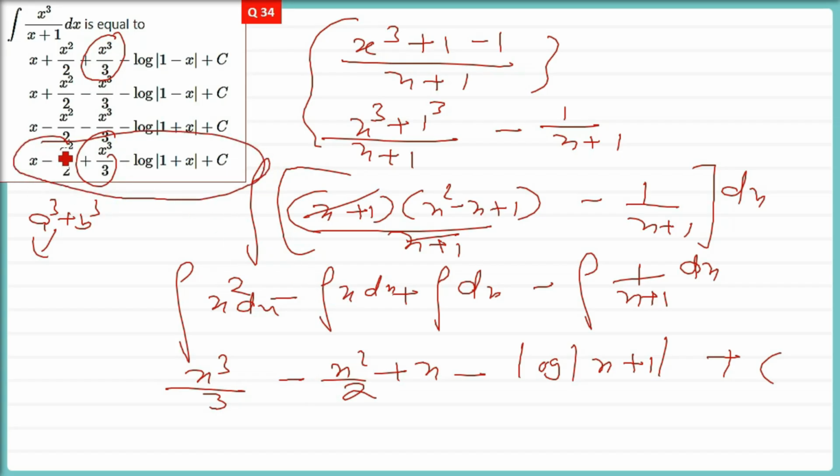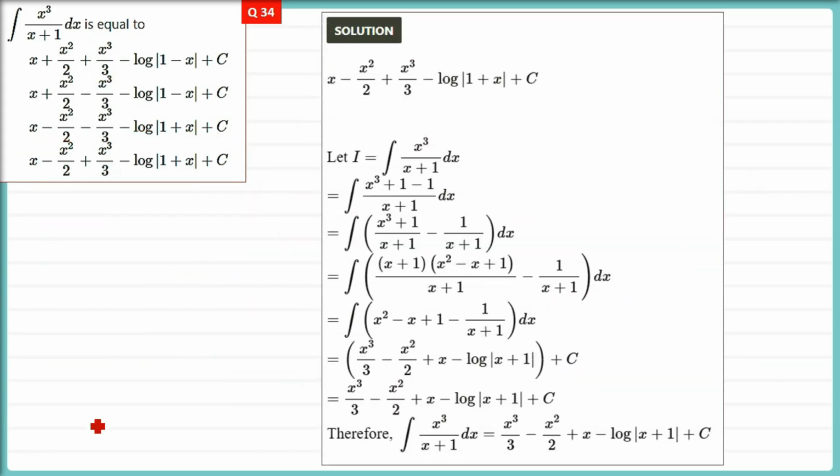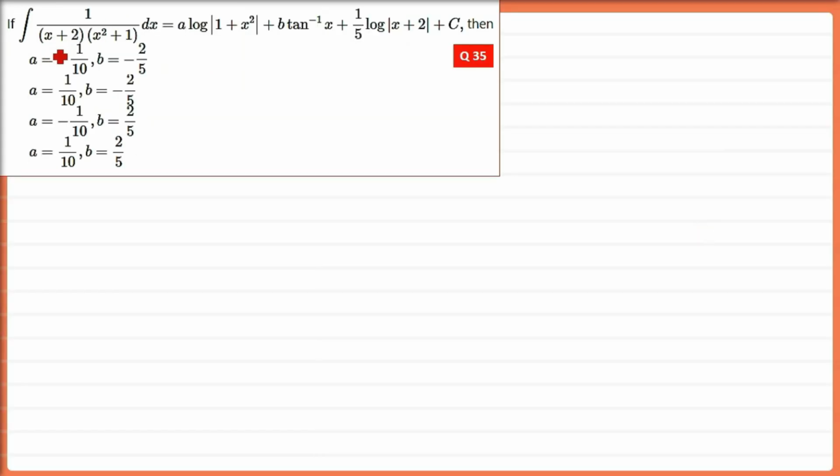So this is how we match. All of them are matched, and that's your actual result. So this is how this has to be done. It seems to be a difficult question, but when you just add a 1 and subtract 1, it will be like cheese: 1 by (x plus 2)(x square plus 1). Now, in my opinion it is highly unlikely that this is going to come, but still,